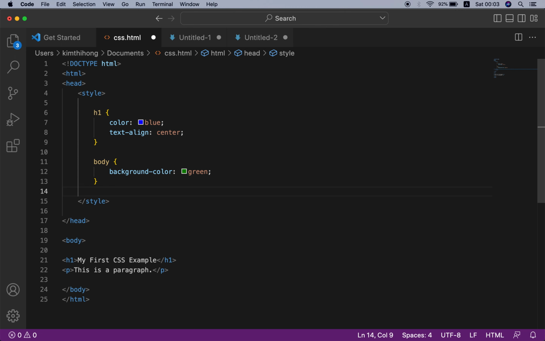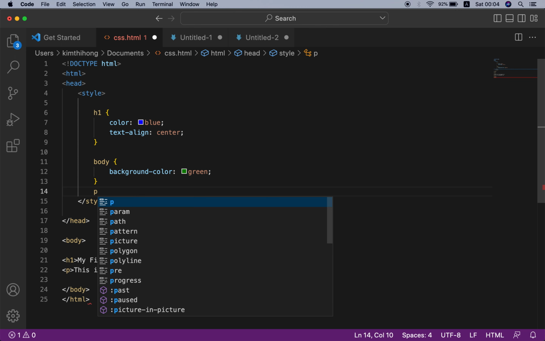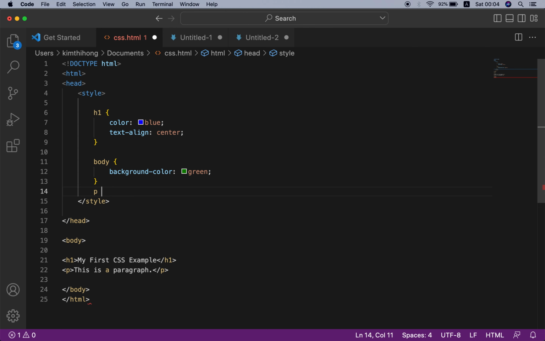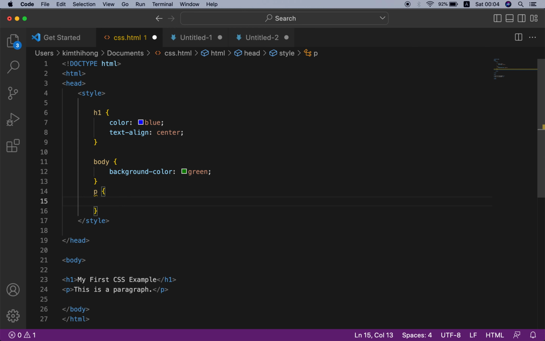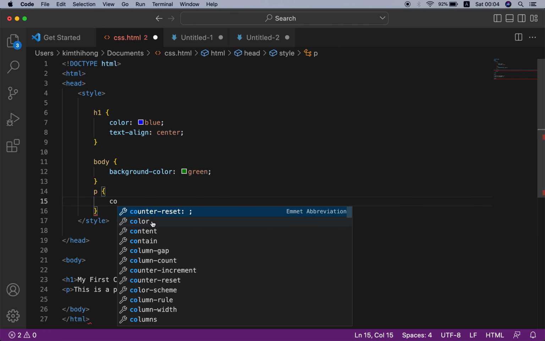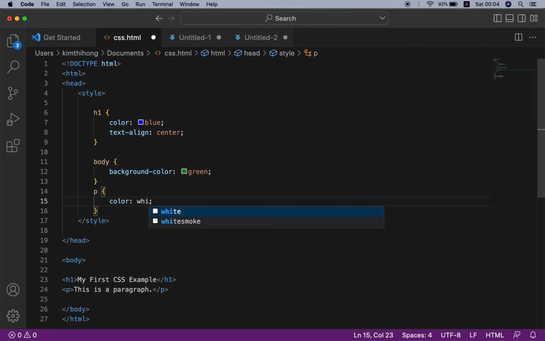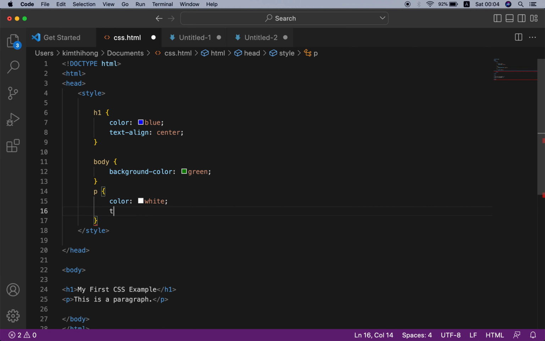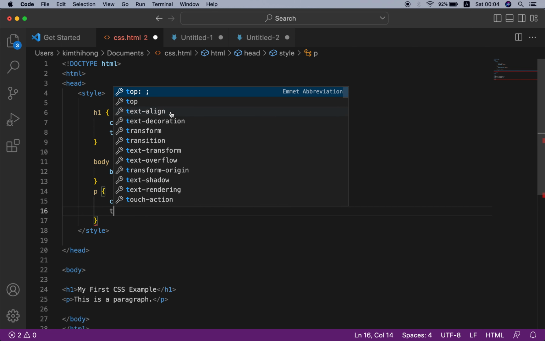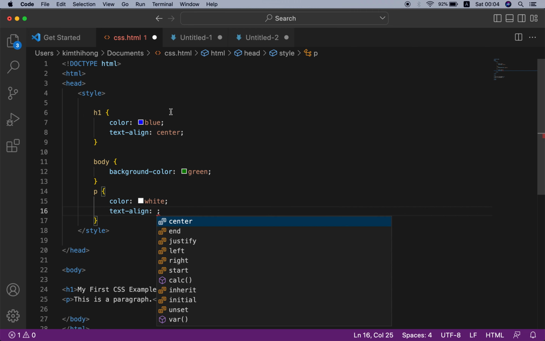If you want to change the color of the paragraph, the selector is P, and we have the curly braces, and inside the declaration block we set properties such as color with the value white, and text align center.